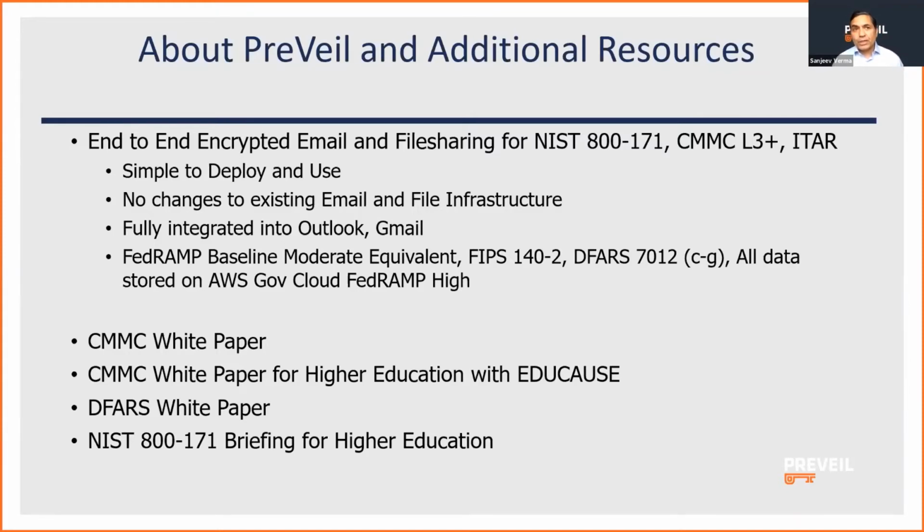Again, giving an analogy for those that use iPhones: when you send a message to another iPhone user, it goes through Apple's iMessage in blue. If you send it to a non-iMessage user, it goes through a green SMS network. Similarly, if you communicate using Prevail, your CUI will go encrypted to other CUI users, and non-CUI automatically just goes through Outlook, etc. As far as resources are concerned, there is on our website a very definitive CMMC white